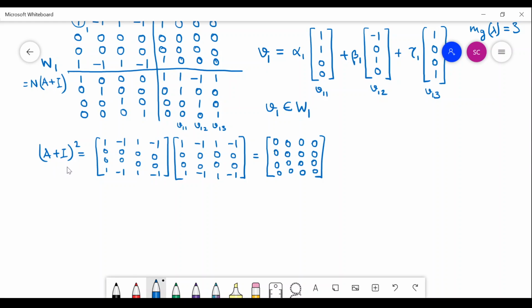You have to go till your (x minus lambda) to the power of k. Till here you will have to go where you will actually get this zero matrix. So you have to go till (A minus lambda I) square, cube, like this, and as soon as you get a zero matrix, in this case this is the minimal polynomial. So you have to go till the order where you have the minimal polynomial. It may not always be 0. In this case there is only a single eigenvalue, that's why it becomes 0.